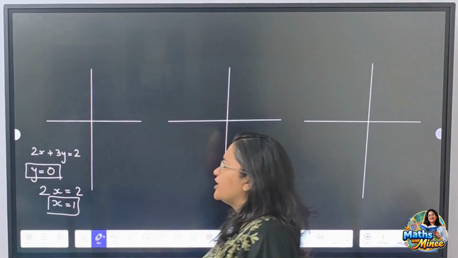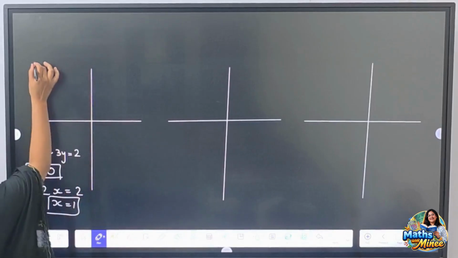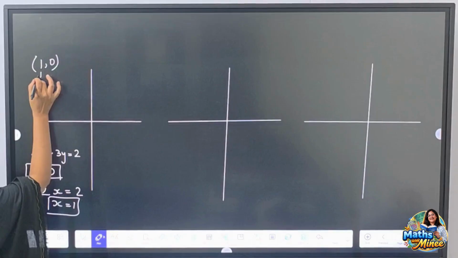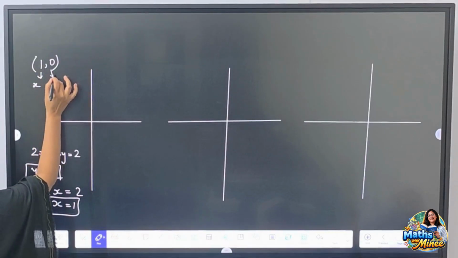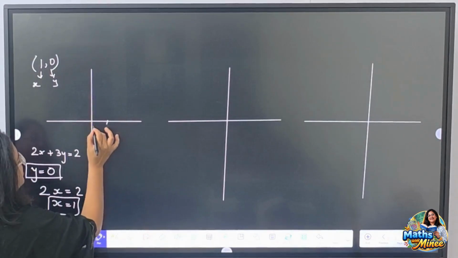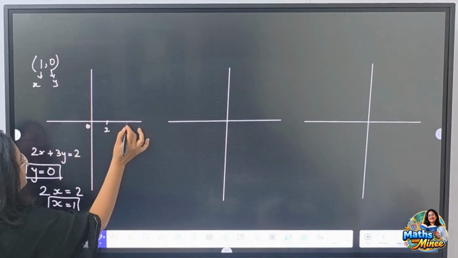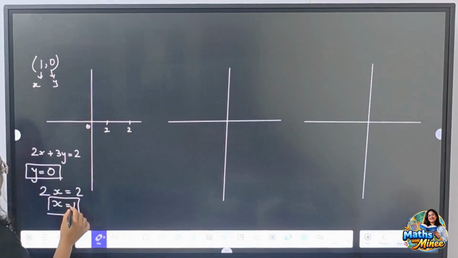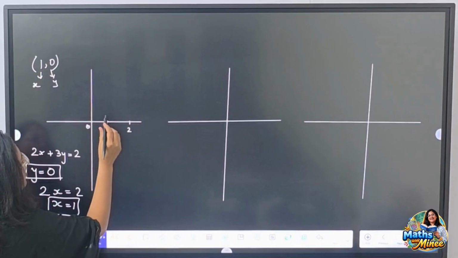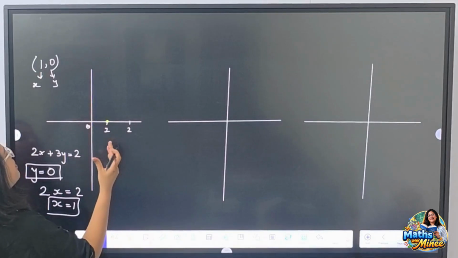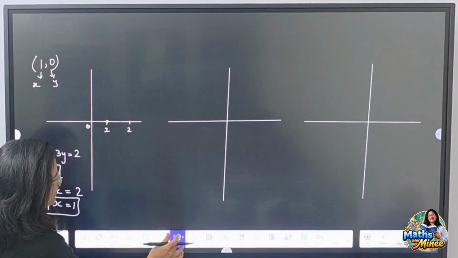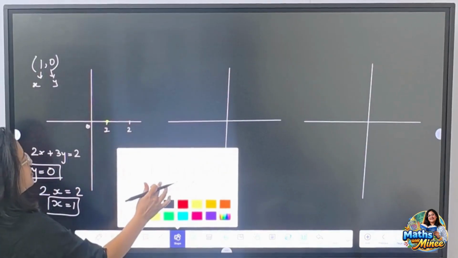x is equal to 1, तो क्या मैं यहाँ पे कोऑर्डिनेट्स लिख दूं? इसके कोऑर्डिनेट्स क्या होंगे? 1 and 0. You know that this is our x coordinate and this is our y coordinate, right? तो 1 and 0. So let us say this is my origin, ये मेरा 1, यहाँ पे 2. So here we are getting x is equal to 1, यानी this is my point. This is my point जहां से लाइन पास होगी, right? And if you just sketch or if you just